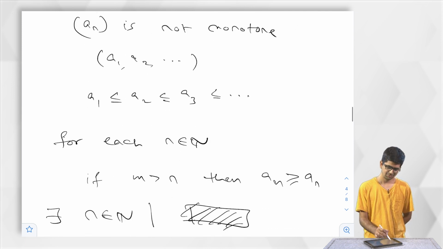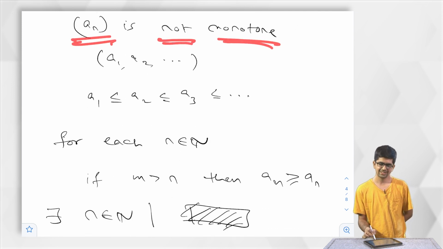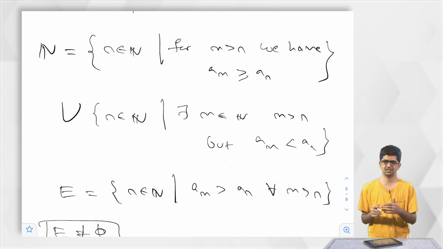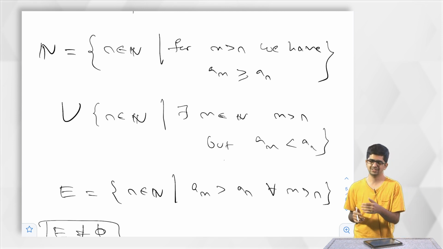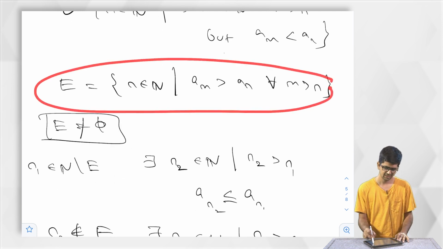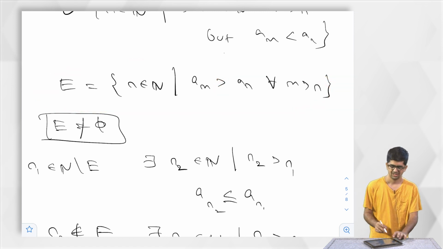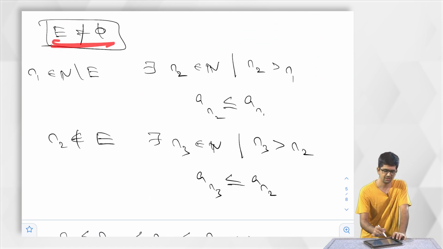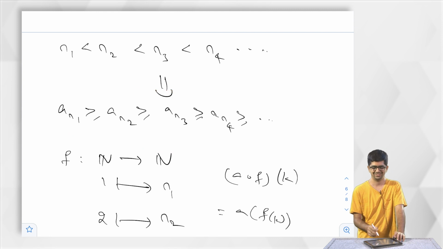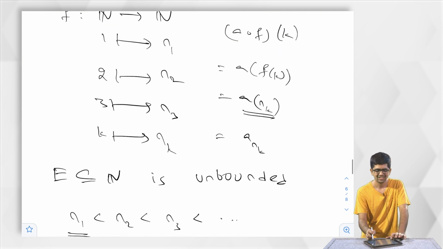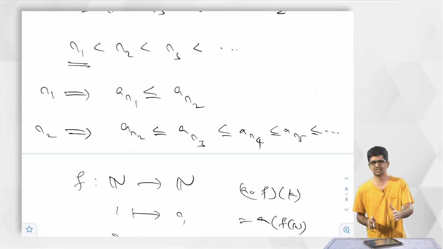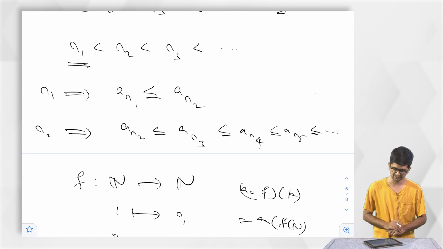Again, let us assume that An is not monotone decreasing. Now, instead of asking for a deviation of An being monotone increasing, ask for the deviation of An being monotone decreasing. So, again we can consider this set, instead of greater than we get less than, and one can do the same thing. If A is empty or finite, we get an increasing sequence, not decreasing. If A is unbounded, we get a decreasing sequence. If you start with An not a monotone decreasing sequence, we get a decreasing sequence, right.